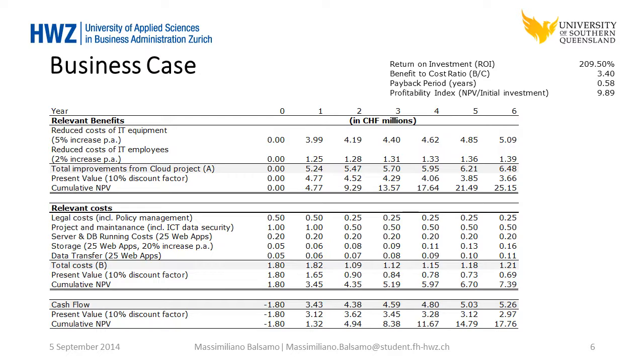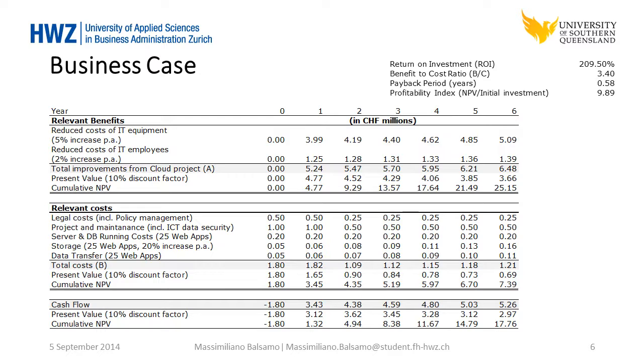As I said before, the reduced cost of IT equipment will be about 5%, and I also used a 5% increase per year, according to the data that is expected by other companies. Also, the reduced cost of IT employees will be for the 10 IT employees, and also a 2% increase per year. We can see this also in the sensitivity analysis, where I've chosen a radical scenario with no reduced cost of IT